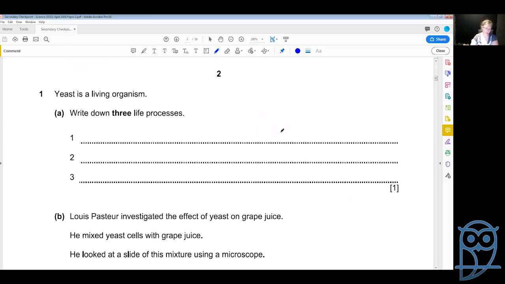So there are 7 processes, and I believe the acronym for this is Mrs Gren. So it stands for movement, respiration, can't remember what the S is. Anyway, so we've got 3 life processes. So let's start with respiration,